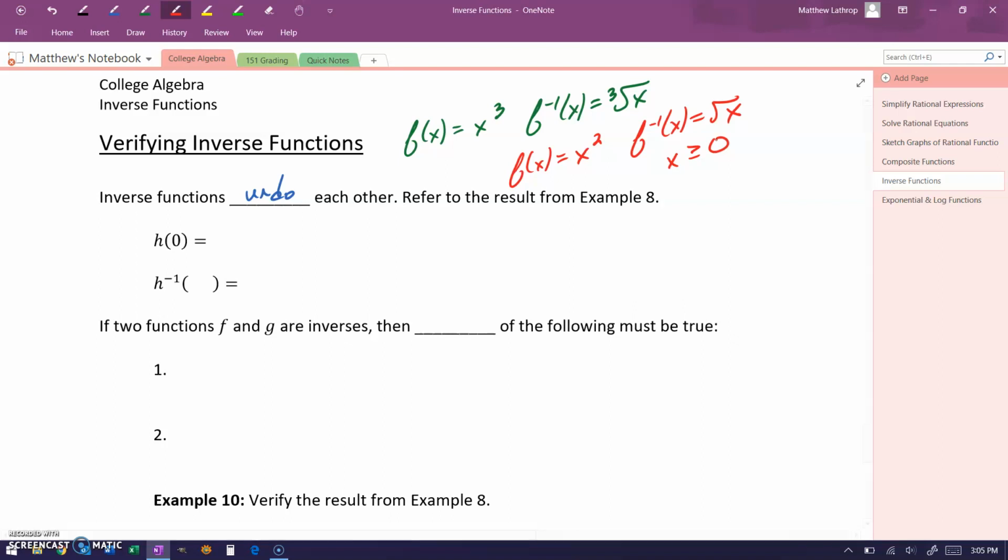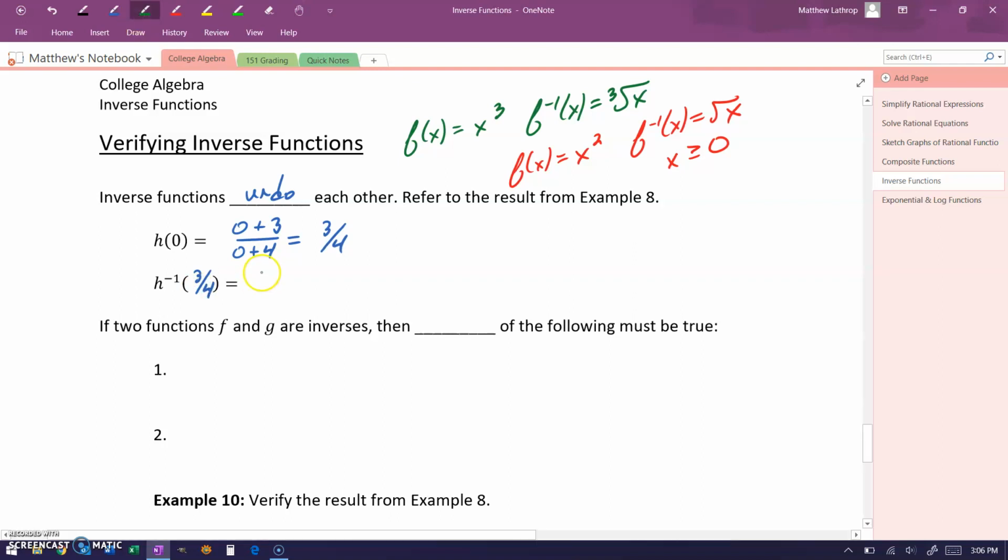So we can identify any two functions as inverse functions by testing a few things. First, we can start off by testing an individual point. We can look at evaluating h of 0, where h is the function that we started off with in example 8. This would give us 0 plus 3 over 0 plus 4, or 3/4. If we plug that value of 3/4 into the inverse function that we found, so h inverse, then